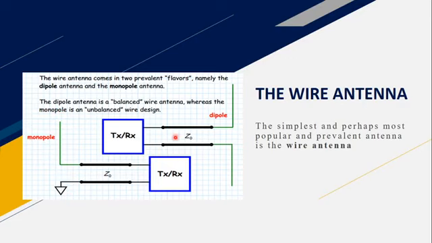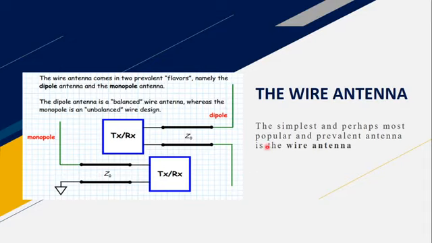Coming to the figure at the top, we can see that the transmission line is there and at the end we can see that there are two conductors which are identical to each other. This green line is one conductor, this green line is another conductor, and when we observe this diagram, we can see that both the conductors are symmetrical. They have an equal length.